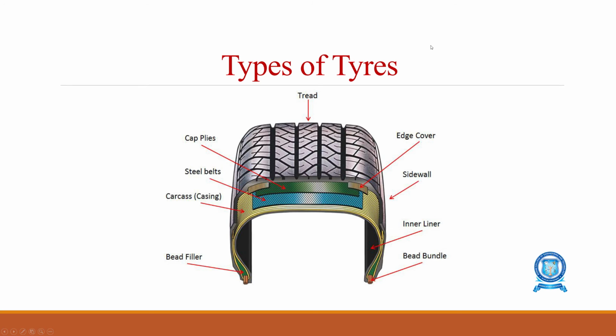And finally, tires. We know there are different types of tires: tube tire, tubeless tire. Nowadays we are all using tubeless tires. In a simple tire we have different layers inside. As well, based on the thread, the tires may vary: symmetrical thread, asymmetrical thread, V groove thread. Likewise, different threads are present in the tires.